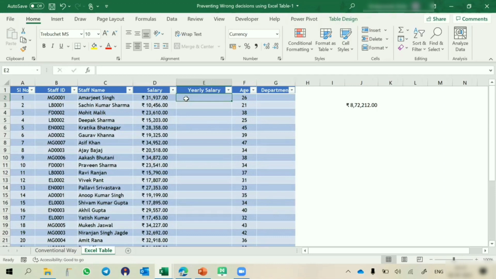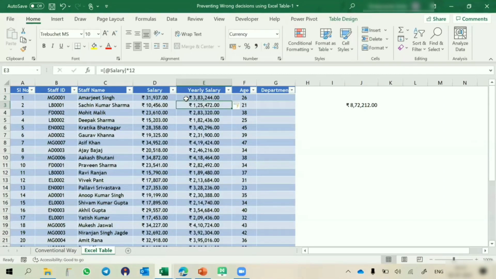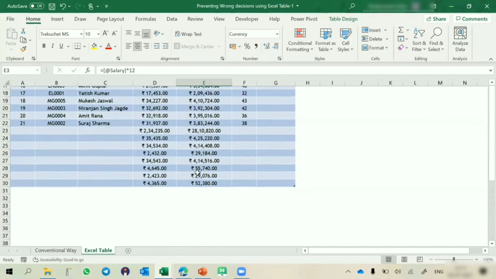This is the salary. अगर मुझे yearly salary बताना है, so equals to this into 12. अब देखिए magic, ड्रैग करने की जरूरत नहीं है, automatically it will update the data,